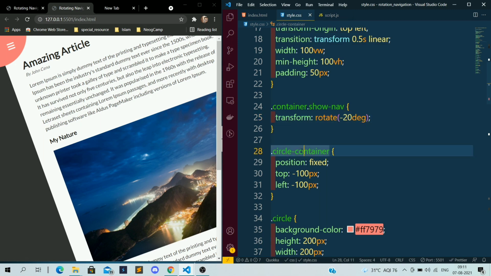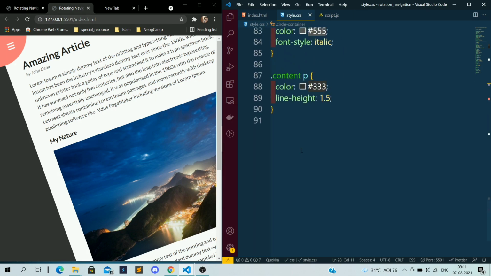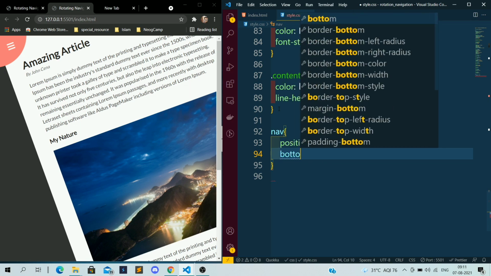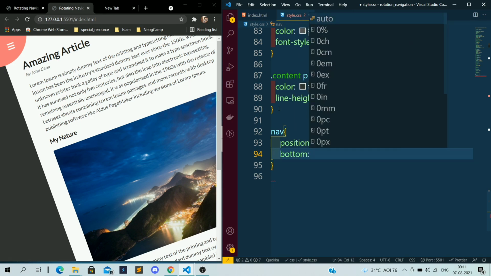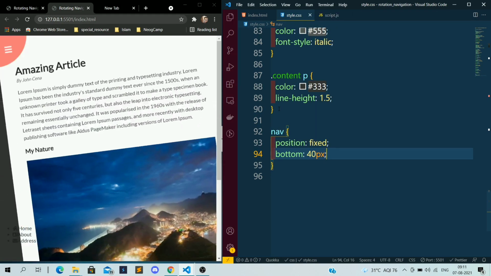Now we will apply the CSS for the nav. For nav, I want the position to be fixed, and I want from bottom 40 pixel.